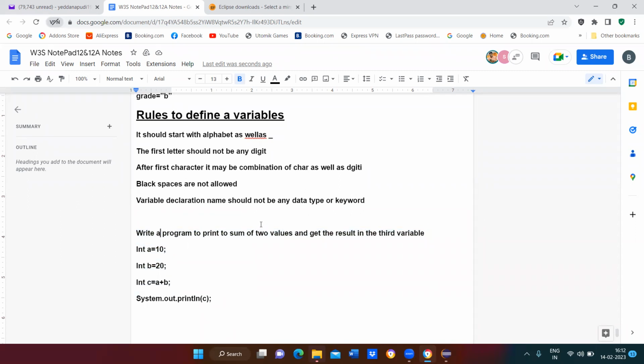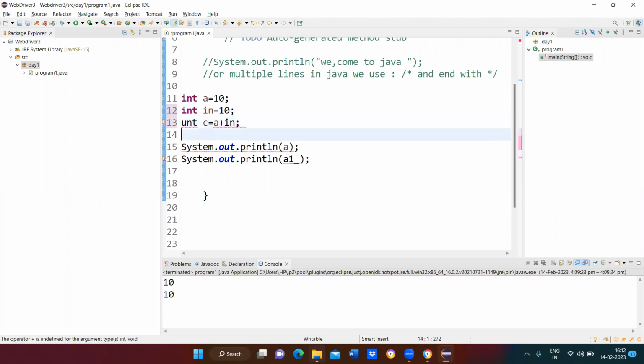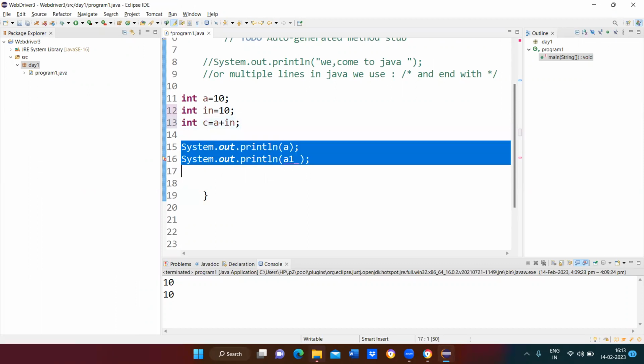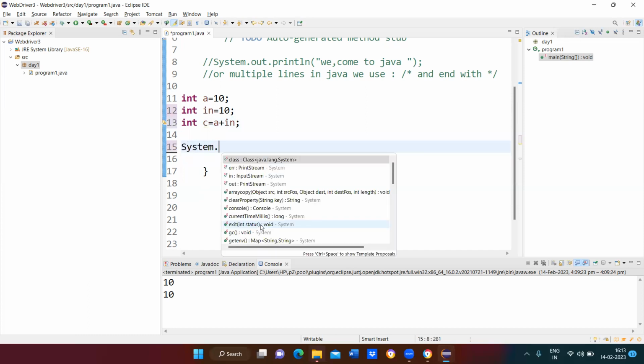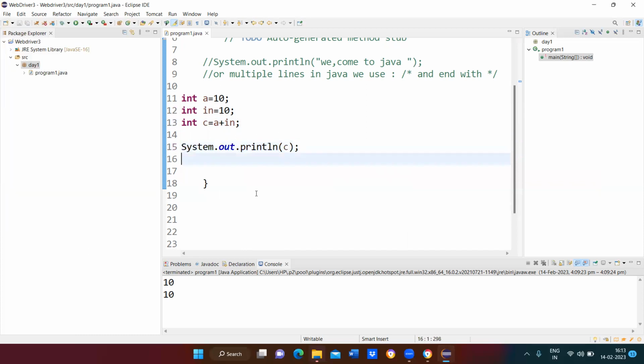This is how to write a small program. Now when you compile it, you automatically get the results.